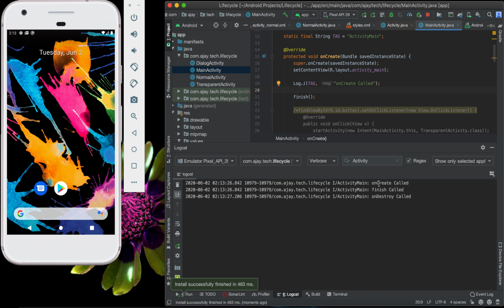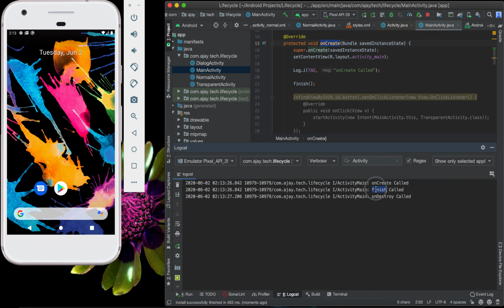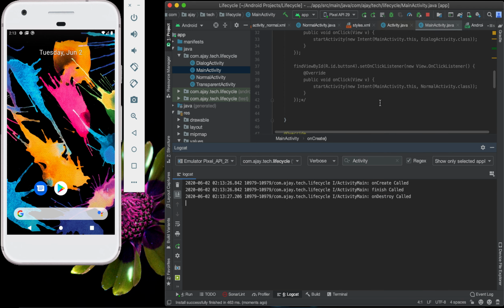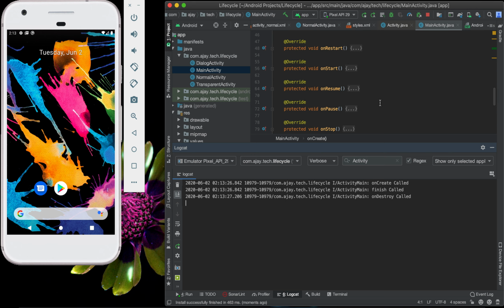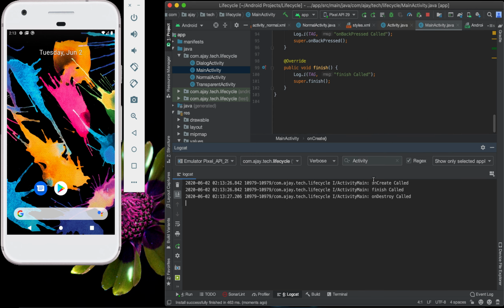When finish is executed in the onCreate method, then finish is executed, then onDestroy is called directly. So in this case we can see none of the callback methods are called; directly after onCreate, onDestroy will be called.